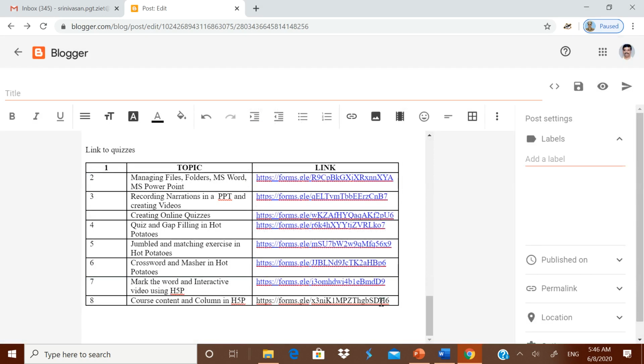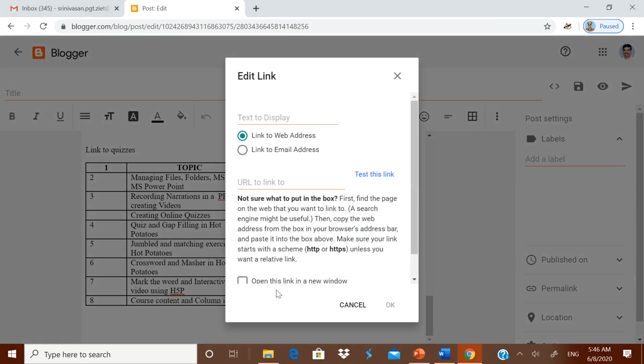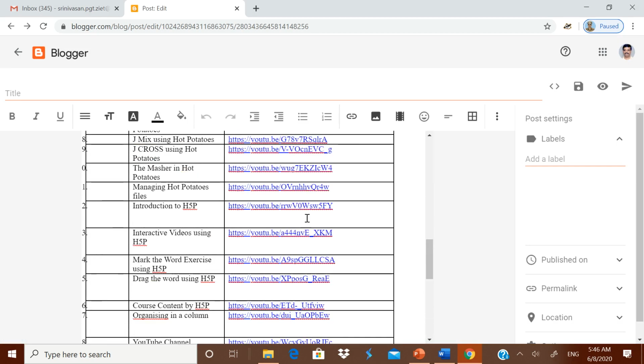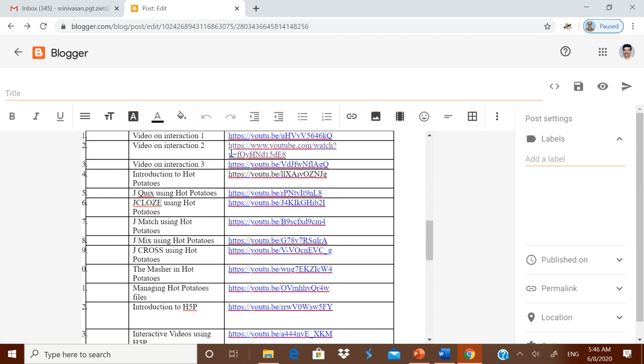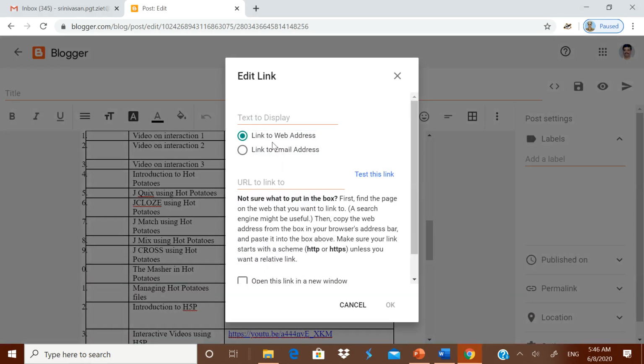Now I think all are there. This is the only one left out. You play around and find out what are not there. I have given you the clue also on how to check it. It will be in black color and will not look like a link. Here, let's see. Most of them are links and some of them are not. That may be the reason, whenever we were creating it, you would have not done it properly. That's all. That is the meaning of it.